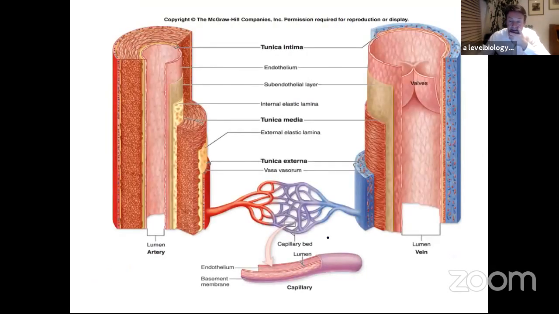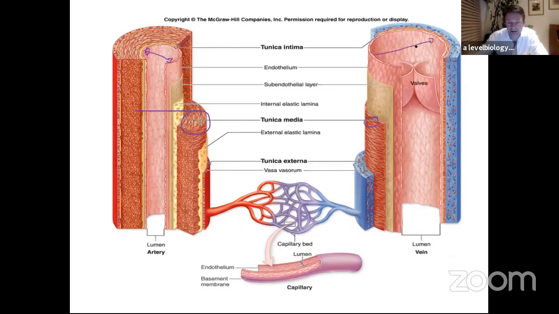Okay, so here's the comparison between an artery and a vein. The big difference, hopefully you can see here, is the thickness of the tunica media. So you've got a big thick tunica media here in the artery and a much thinner tunica media in the vein. Now, additionally, there's a big difference in the size of the lumen,